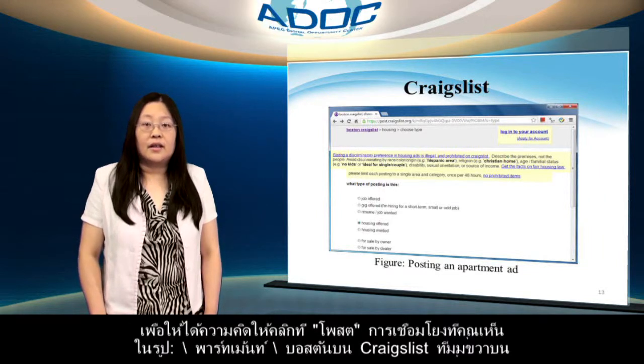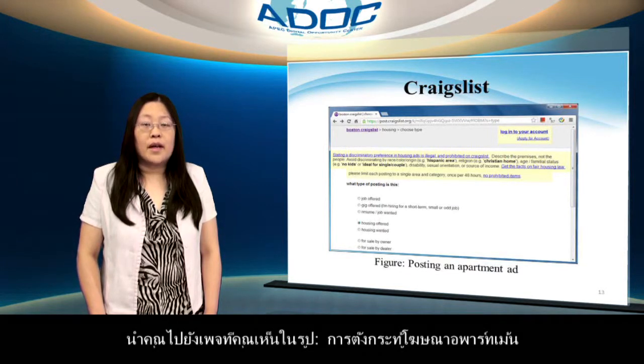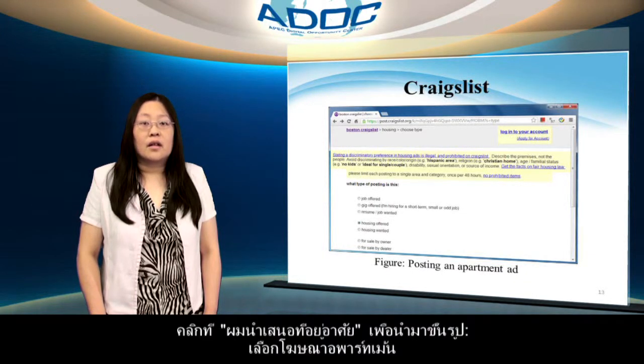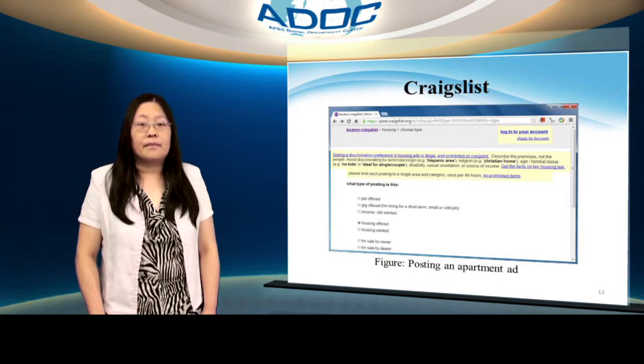To get an idea, click the post link you see in the figure, apartments on Boston Craigslist, at upper right, bringing you to the page you see in the figure, posting an apartment ad. Click I am offering housing to bring up the figure, selecting an apartment ad.